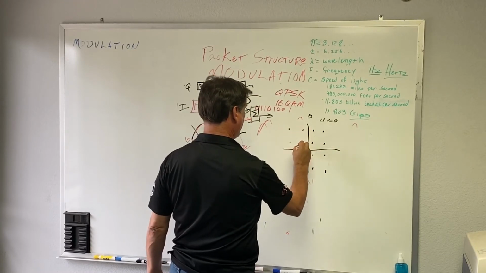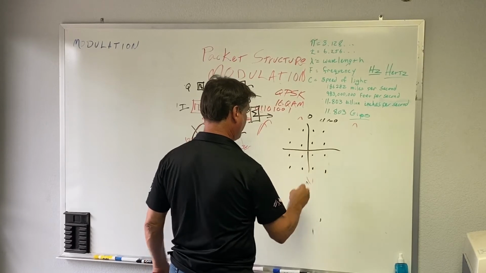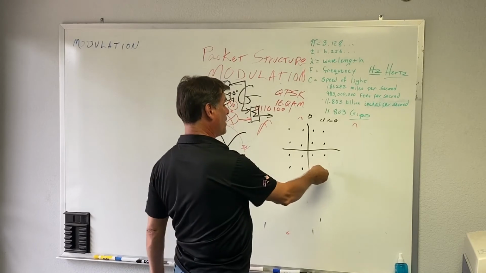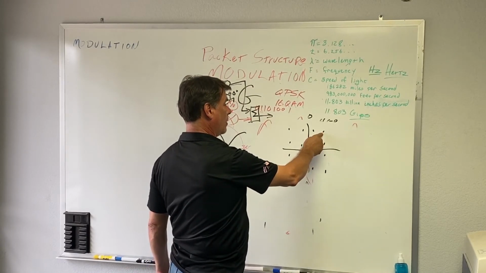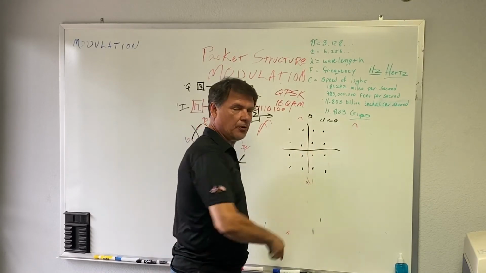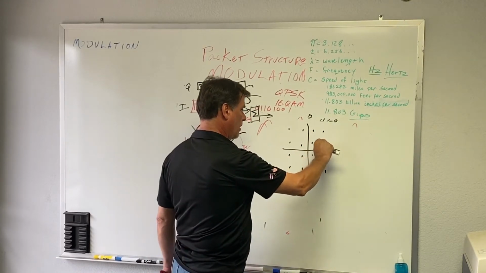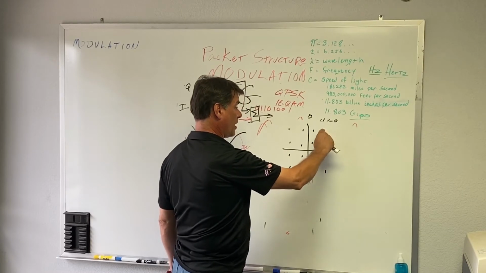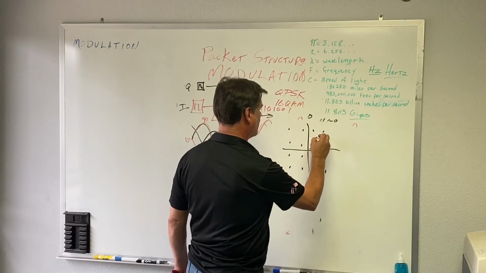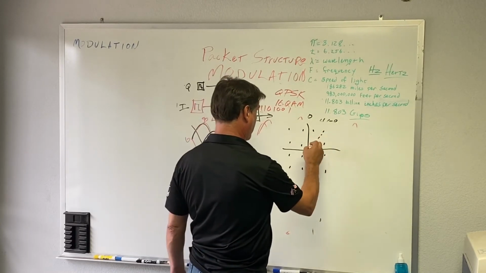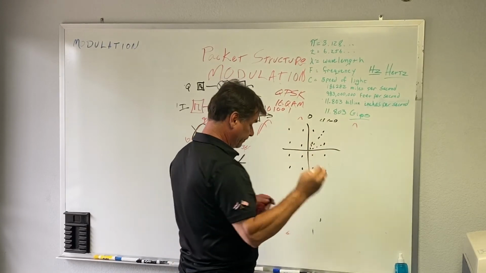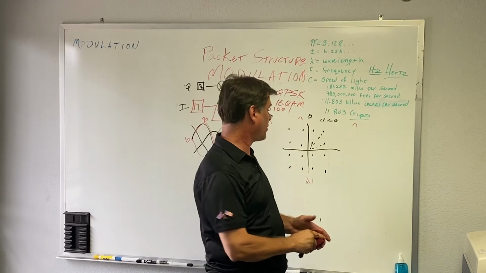that's because your symbol density, and these are all symbols, becomes higher. So now you've got not just phase state steps, you've also got amplitude steps. You're going from this amplitude to this amplitude, which is actually higher, as drawn from 0. The distance to this one is much greater. The distance to this one is much less. The distance to that one is greater. So that's why it's called quadrature